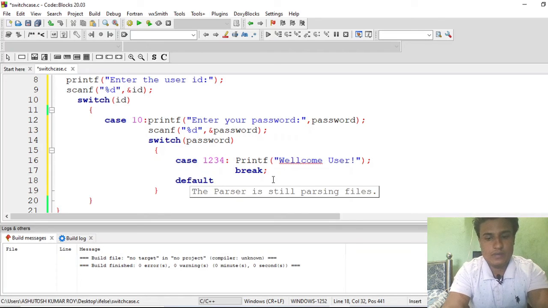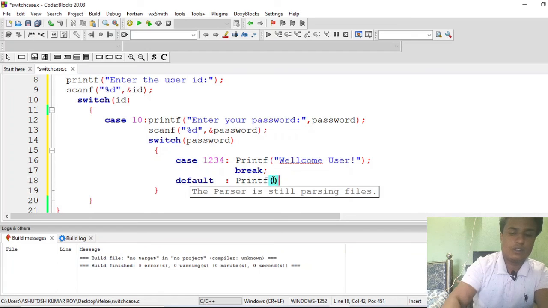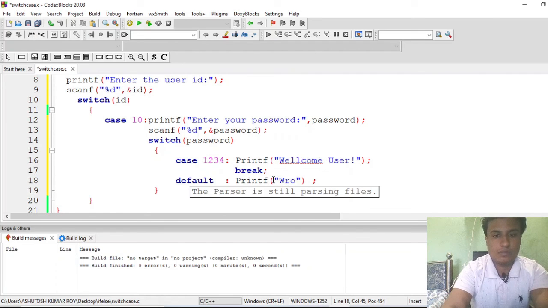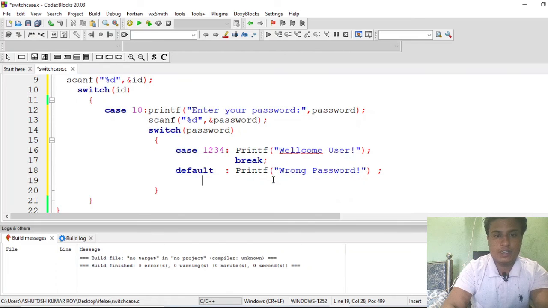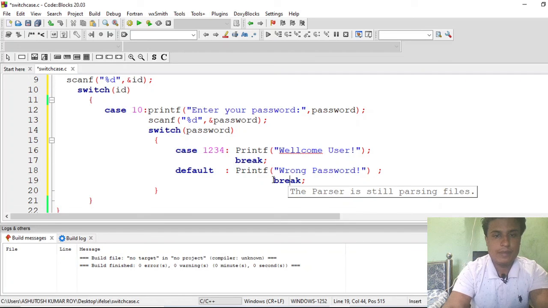Default could be what? Printf wrong password. Okay, break. It is not mandatory to use break here. I am telling you many more times.